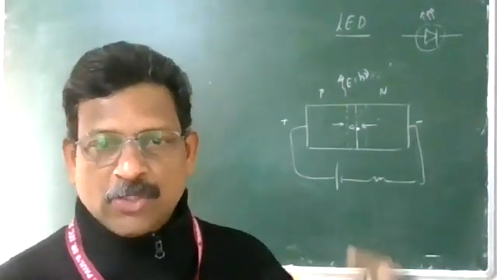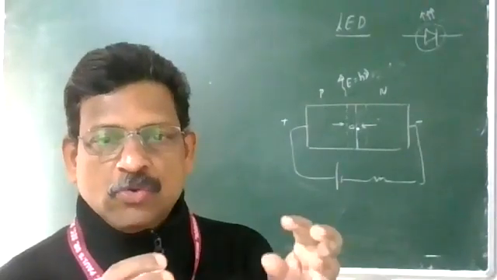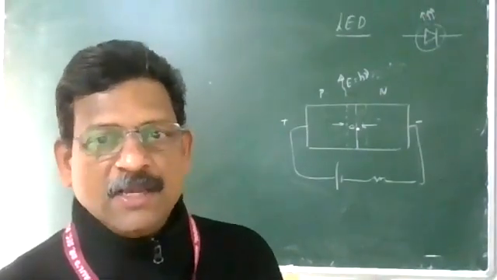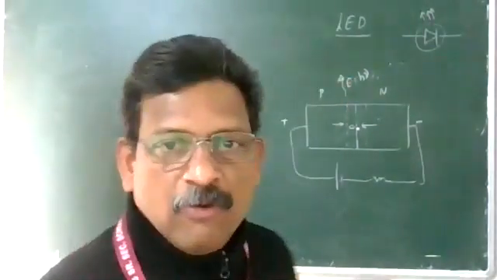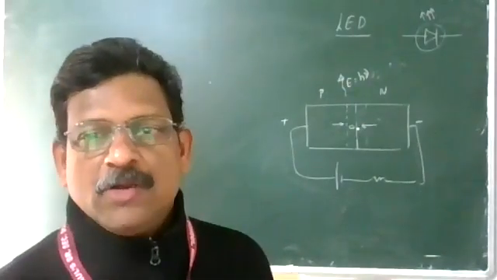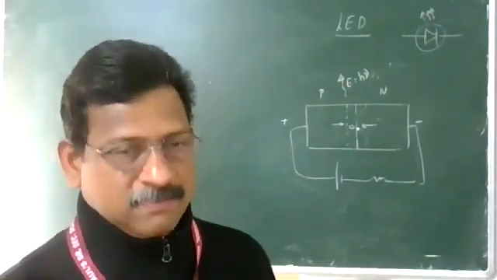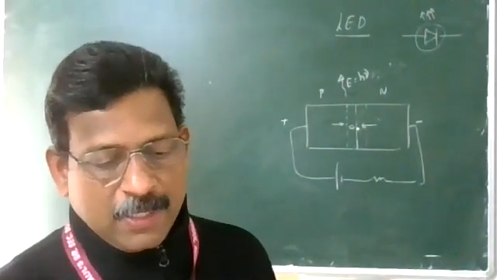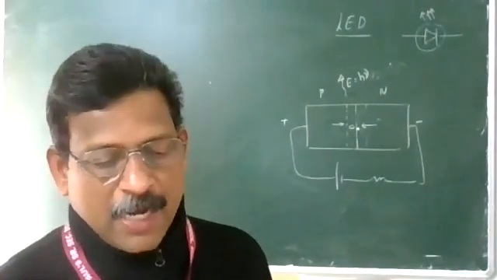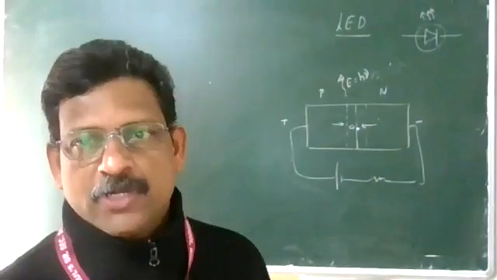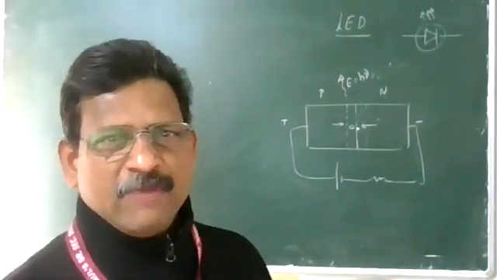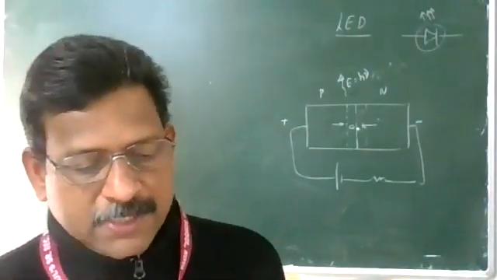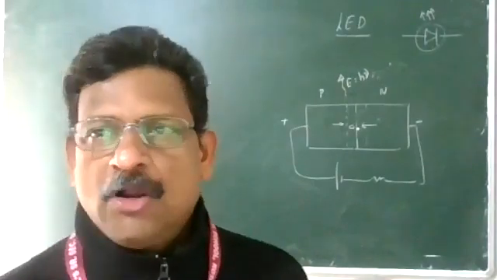Because of the forward bias, majority carriers will cross the junction. At the junction they combine, and as they combine, some energy is released. That energy is coming out in the form of electromagnetic radiation, E equal to h nu. So you have different colored LEDs. This is the LED. It is heavily doped and under forward bias. These are the two points: heavily doped. When it is heavily doped, the depletion layer becomes thin, which under forward bias emits spontaneous radiation. That is called a light emitting diode.